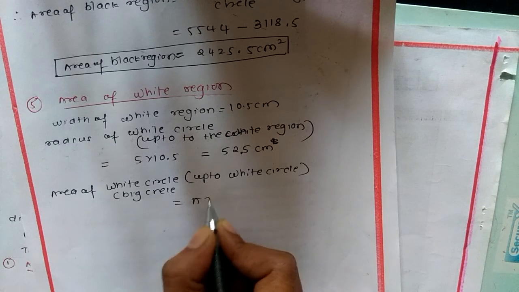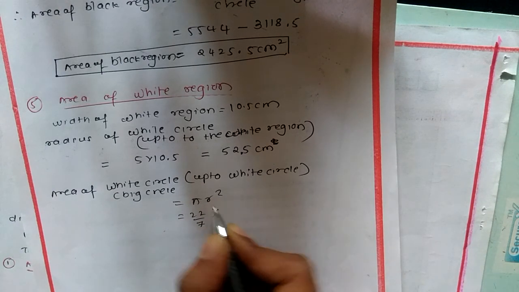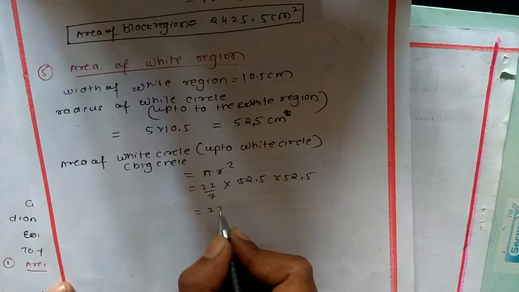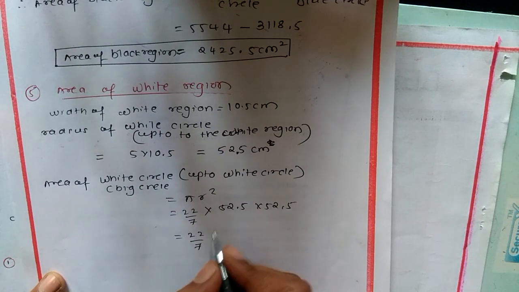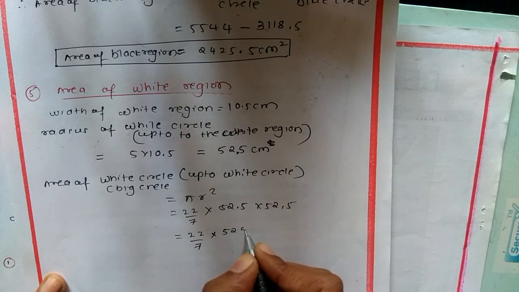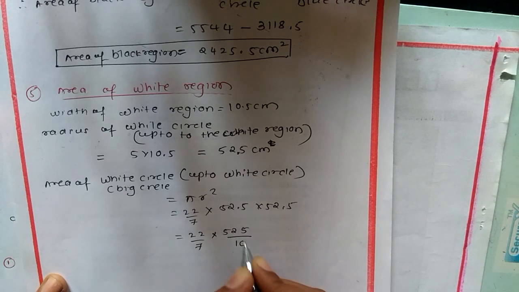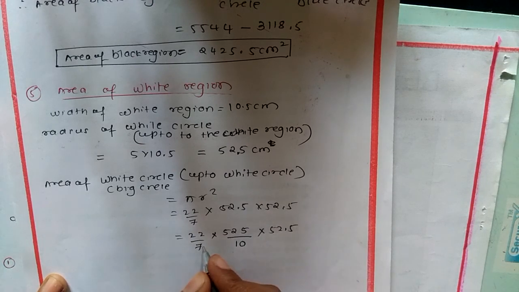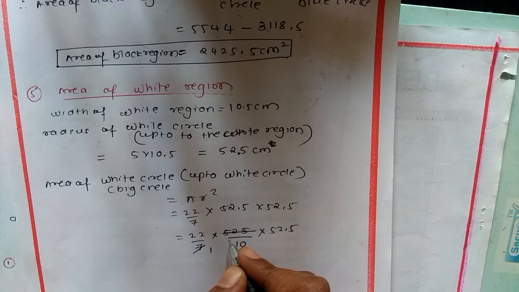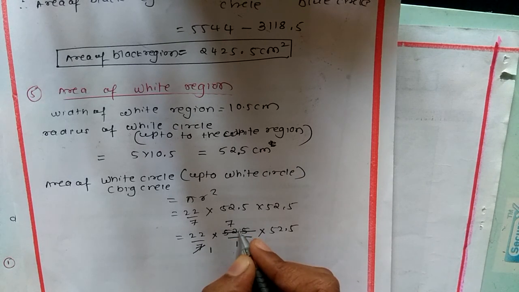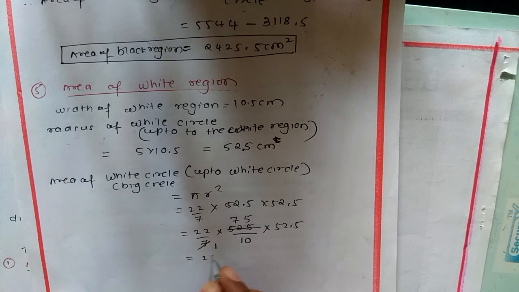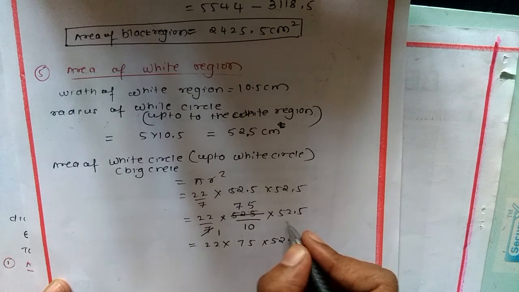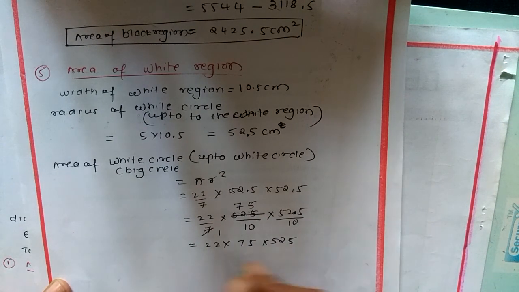That is pi r square. So pi is 22 by 7, and the radius is 52.5 into 52.5. So I will convert this 52.5 into a fraction. Here we have 10, but I will not convert this because only one 7 we have. We can divide. So 7 ones are 7. Divide this, 7 7s are 49, 3 remains. So 7 5s we will get. So 22 into 75 into 52. If you want, you can convert this also. So you'll get here 10, and 10 10s are 100.